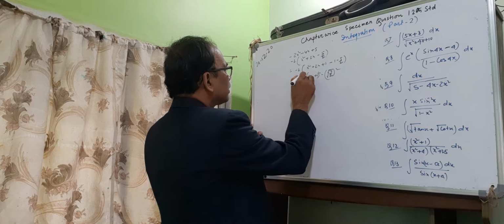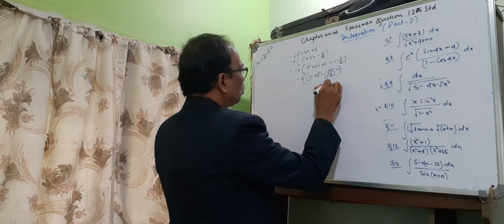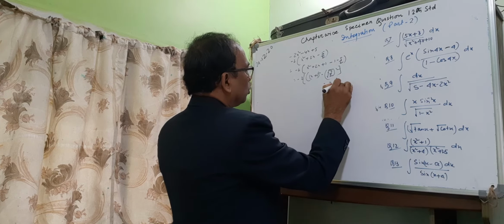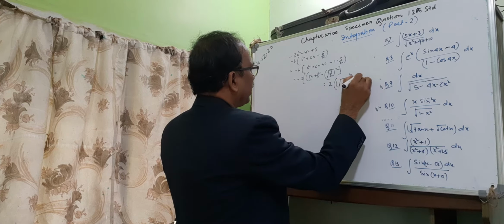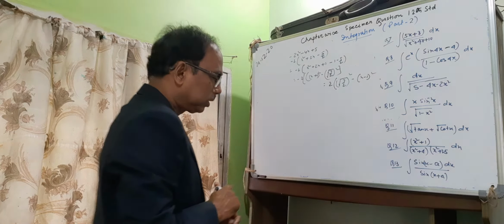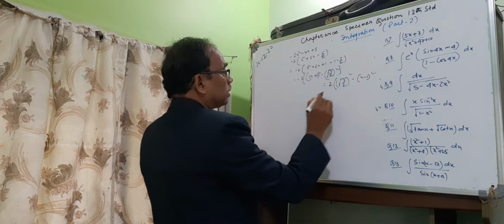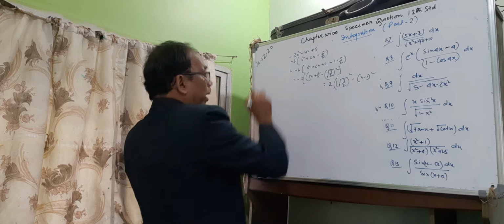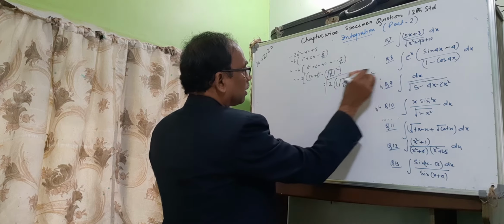Now breaking this within the second bracket, we can write 2 times root over of 7 by 2 whole square minus (x minus 1) whole square. Then the square root of this we can write, last of all, as the square root of this.